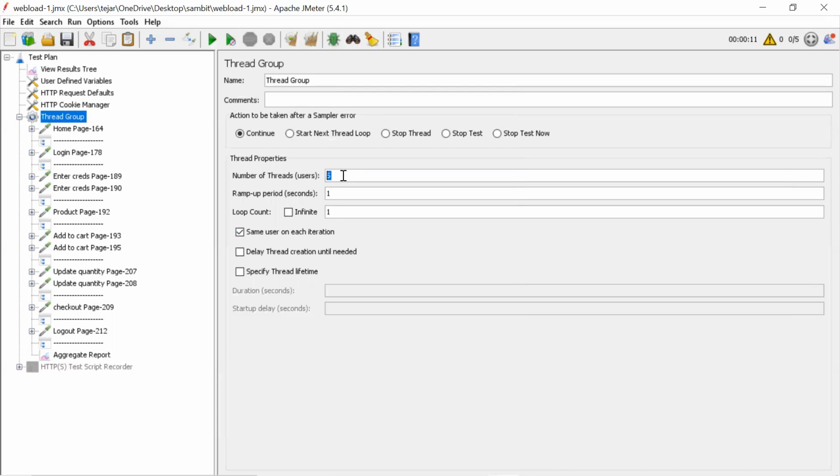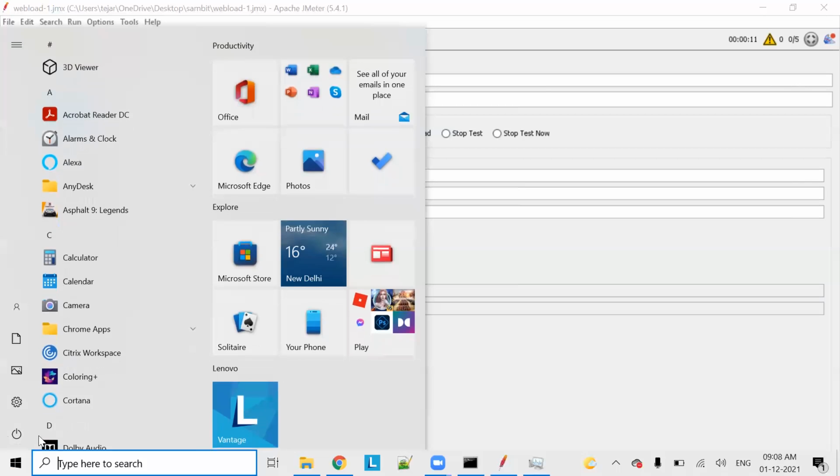Okay, so this is users. Now ramp up. Ramp up is nothing but how you want to set up your users, I mean the gap between user to user. If you give 5, do you want all 5 users at once or with some gap? That is decided by this ramp up. And the unit is seconds by default, so if you give 5, it means 5 seconds. So let's understand this gap much better.